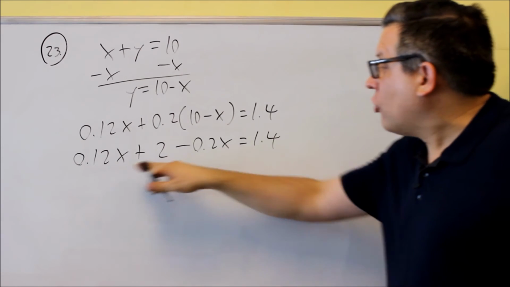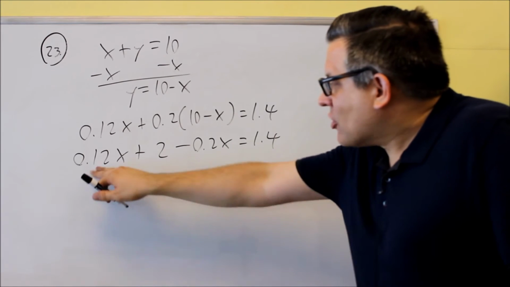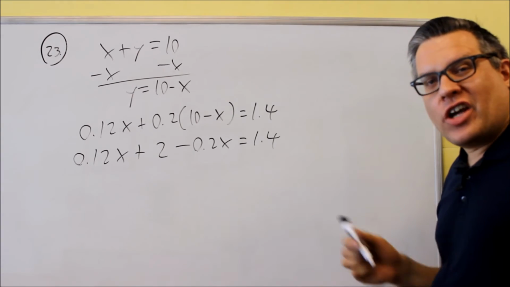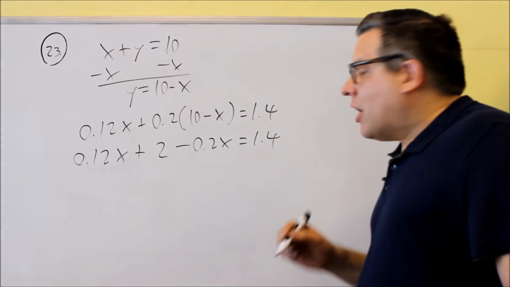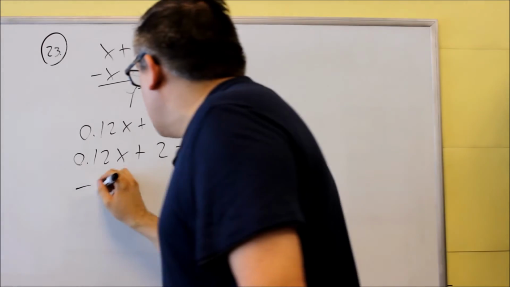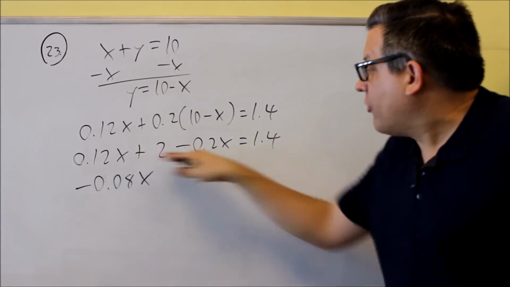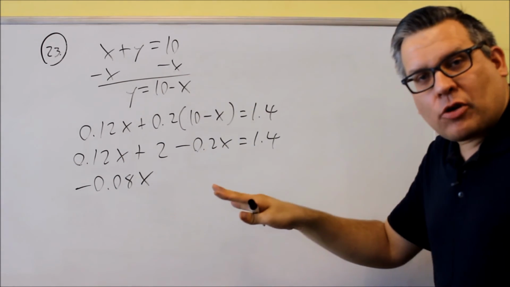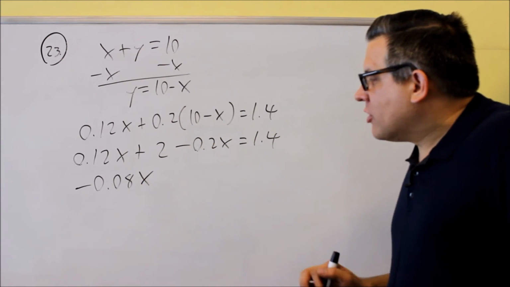Be really careful when you do this. You can even check it with a calculator to make sure you did it right. This is 0.12 minus 0.20. If you take 20 minus 12, you'll get 8. Now you're not going to get 0.8 here. You got to have 0.08. Now the 0.2 is a larger one, so you're actually going to get negative 0.08 as a result. So be really careful. This is where most people make the mistake. You don't want to do all that setup correct and then get points taken off because you misadded the decimals. Okay, so it's negative 0.08x